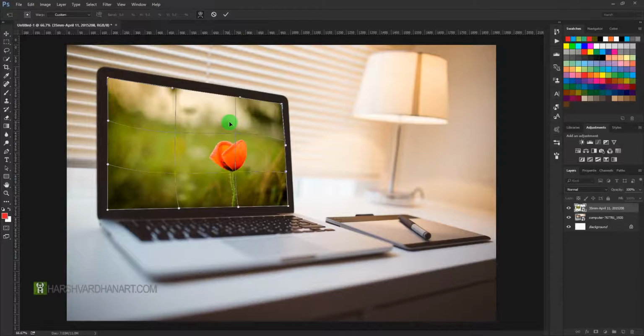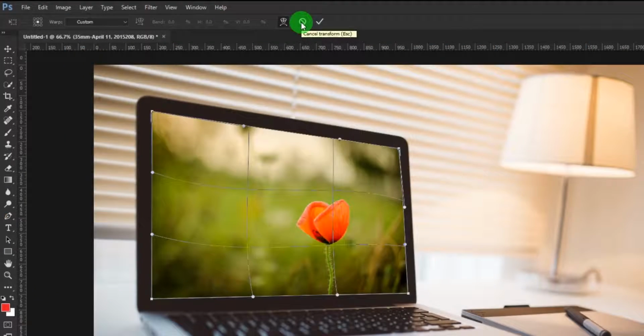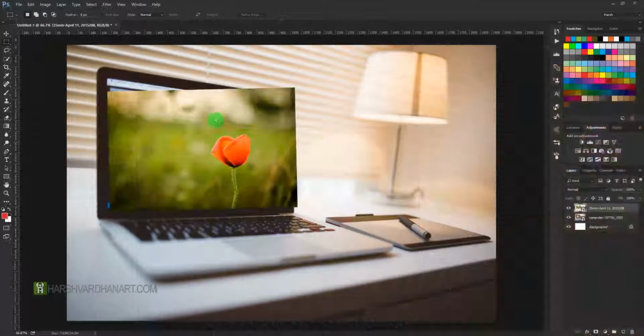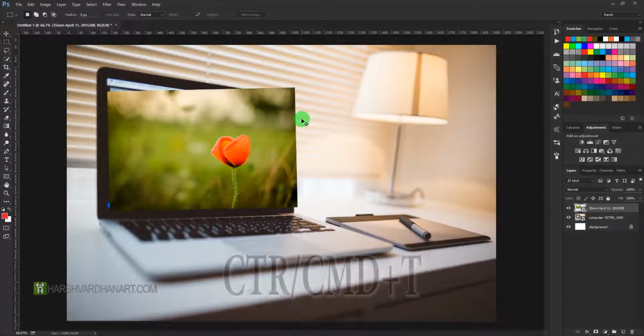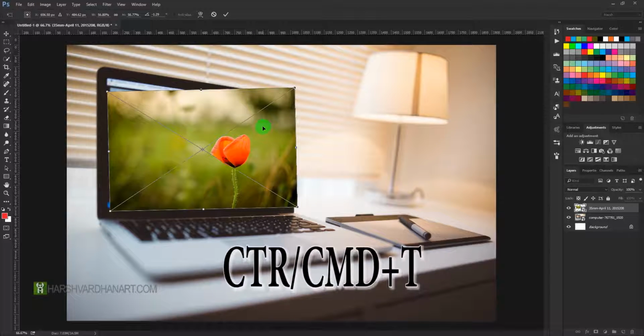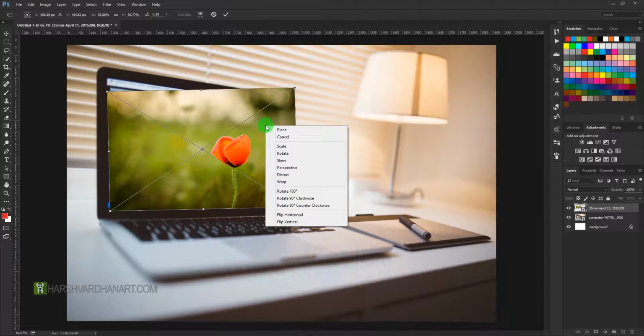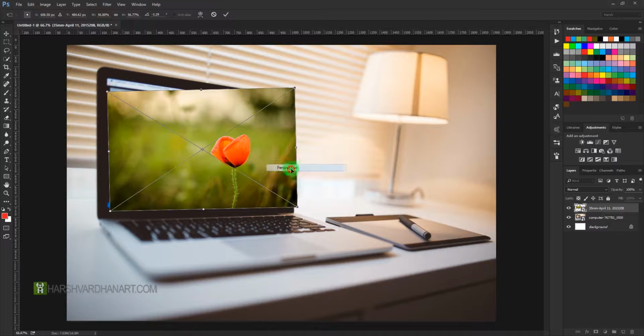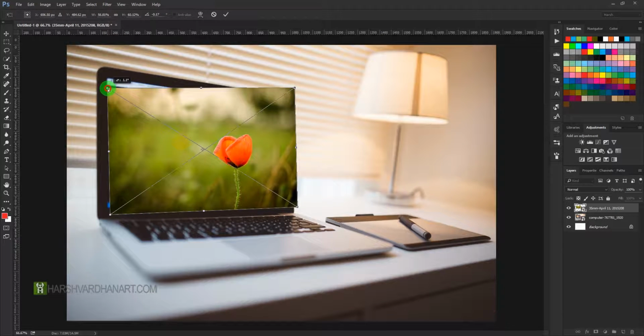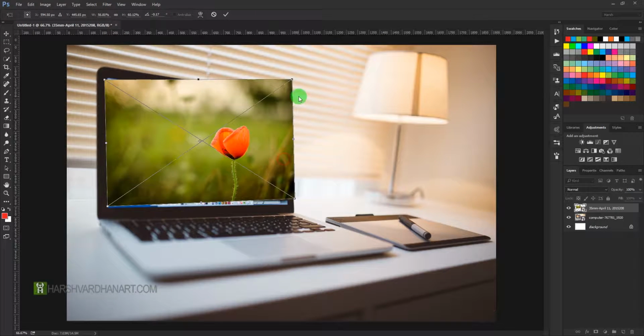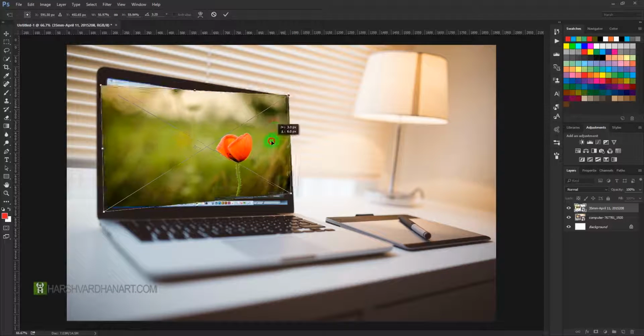So you can quickly do that, and if you are not happy, you can press escape or you can cancel this transform and it will give you the same result. And so let me quickly do it by pressing Ctrl T or Command T on your keyboard, right clicking and selecting perspective. Let's increase the perspective a little bit, make this one smaller,